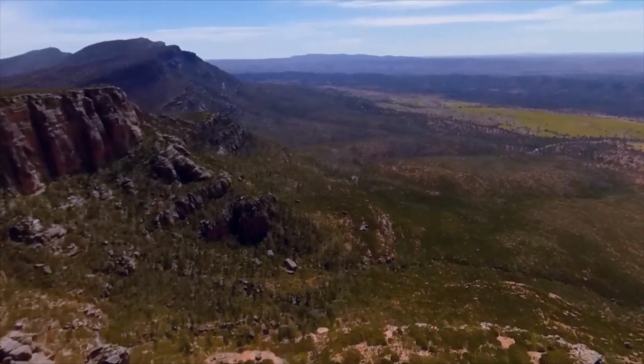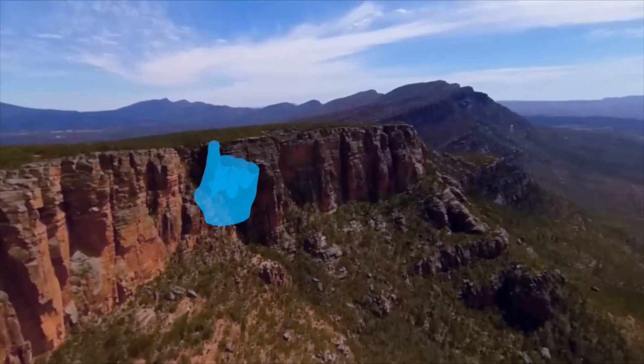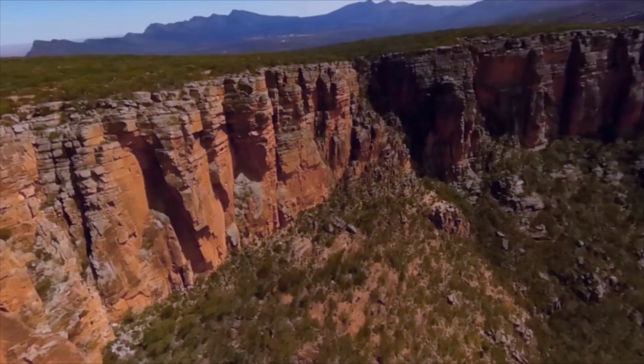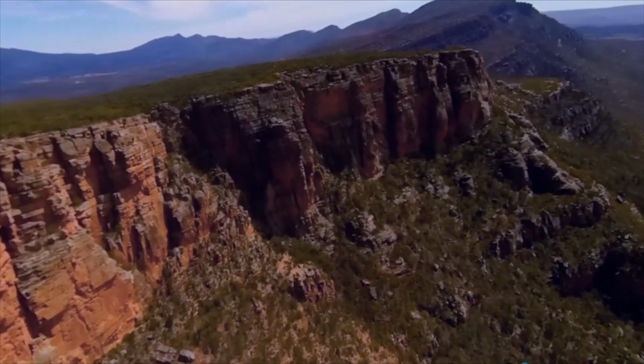Through the process known as mountain building, these rocks were buckled, folded and pushed up above the surface to form great steep, deep valleys. Yeah, feeling a bit motion sick because I'm flying when I'm just actually stood up in my own